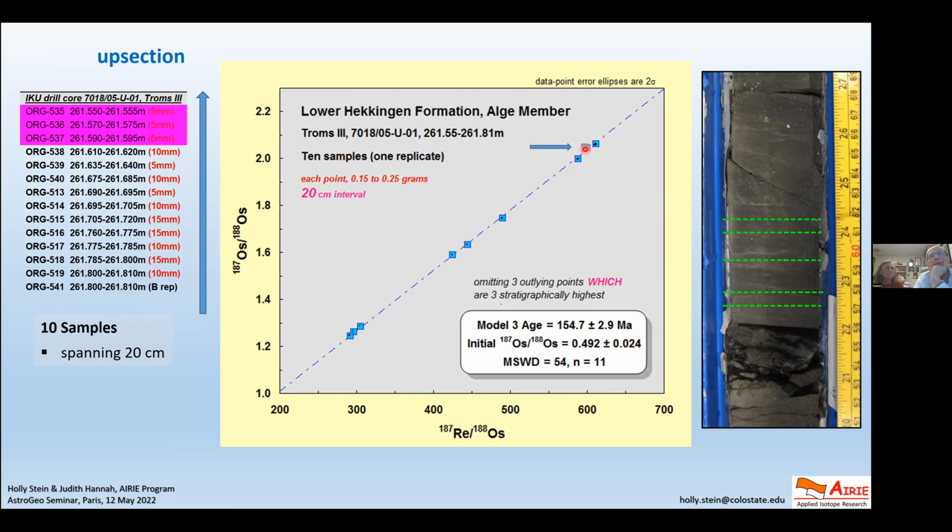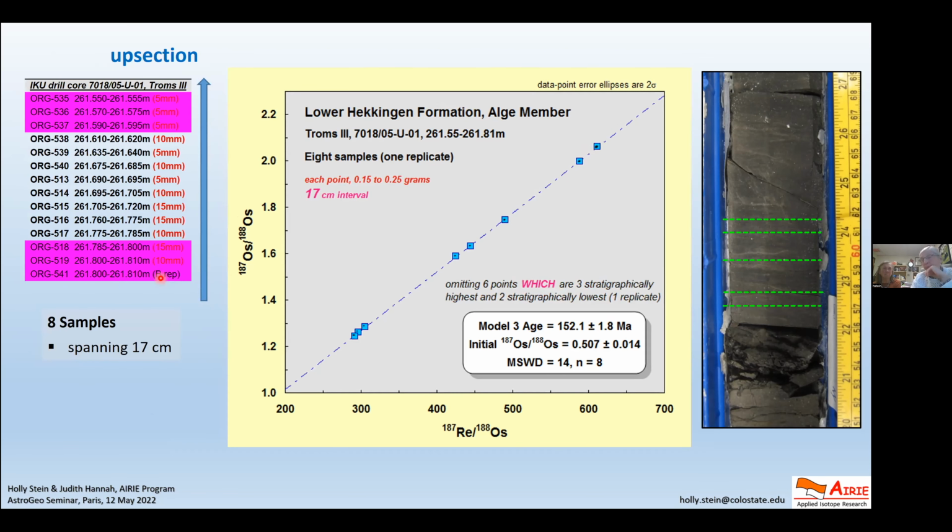If we remove those 3, they are now at the bottom end of the core and we're left with, and notice how the MSWD came down from the last one, the error came down from the last one, a little better precision because the points are better fitted to the line. But if we remove these last ones here, if we choose to do that, even if you do, you show all the data in the data table and you explain what you did.